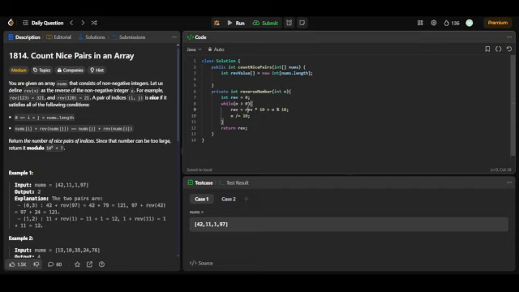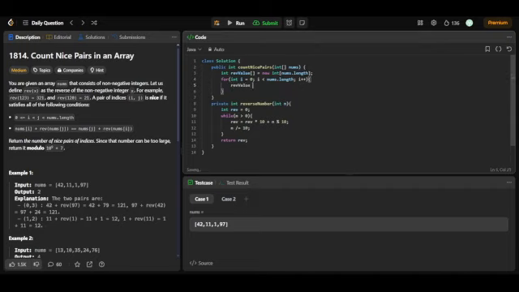Okay, so here let's use a simple for loop, for int i = 0; i < nums.length; i++,